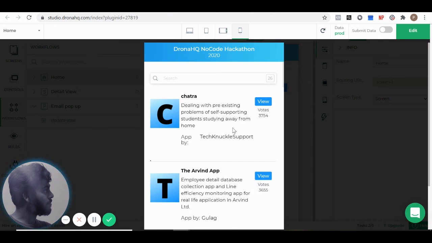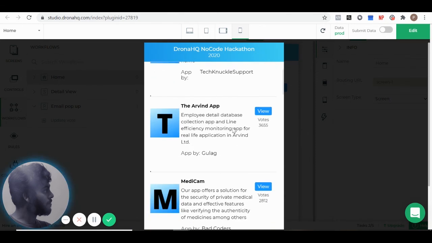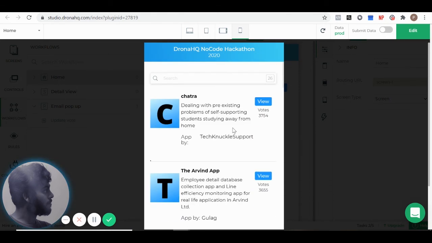In this way, even using multiple emails, a user won't be able to vote for a single application multiple times if he is on the same IP address. And maybe we can also look at how we can make the UI look even a bit better. So this is how I built an application within half an hour to 45 minutes